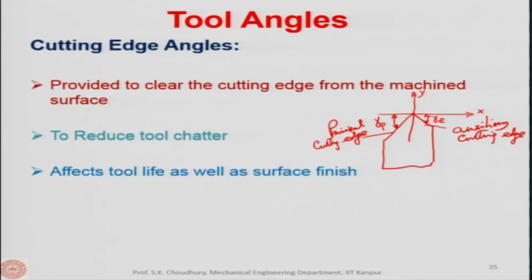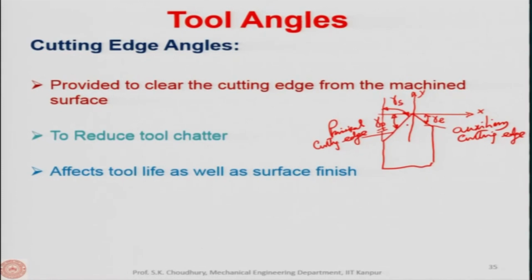What I mean to say is that the principal cutting edge and auxiliary cutting edge of the tool make cutting edge angles with respect to the x axis. Of course, you understand that in the case of the ASA system, this was the angle given, and that was probably the side cutting edge angle. Therefore, we said that the side cutting edge angle is 90 minus the principal cutting edge angle. These angles are provided to clear the principal cutting edge and the auxiliary cutting edge